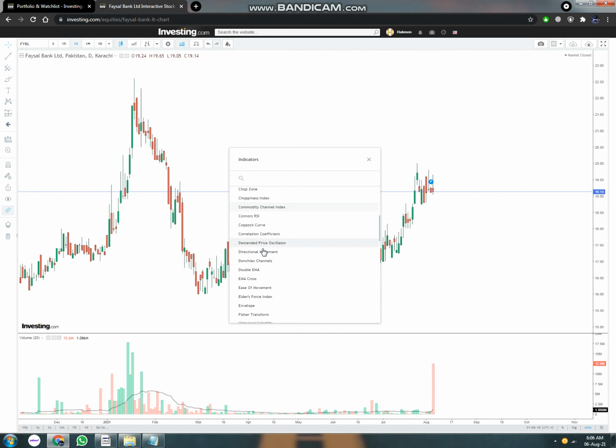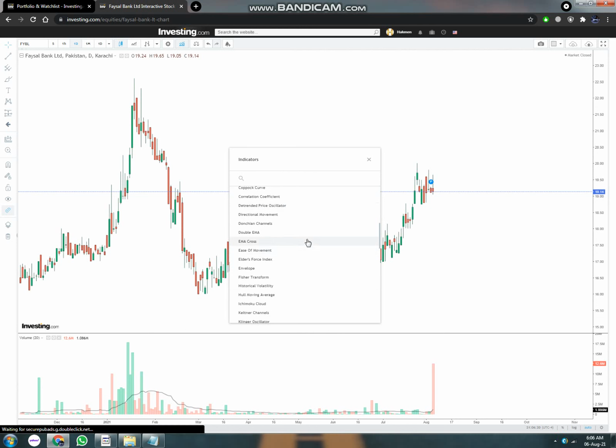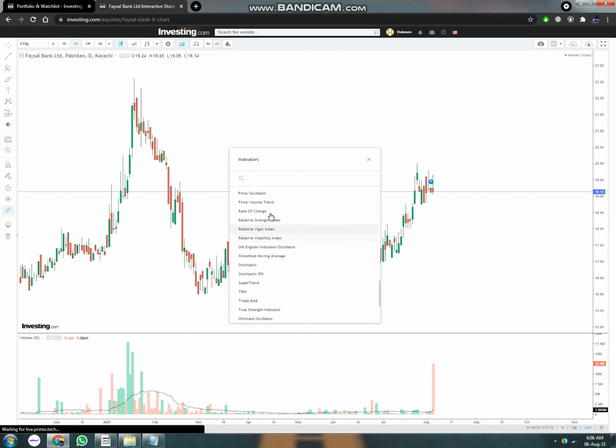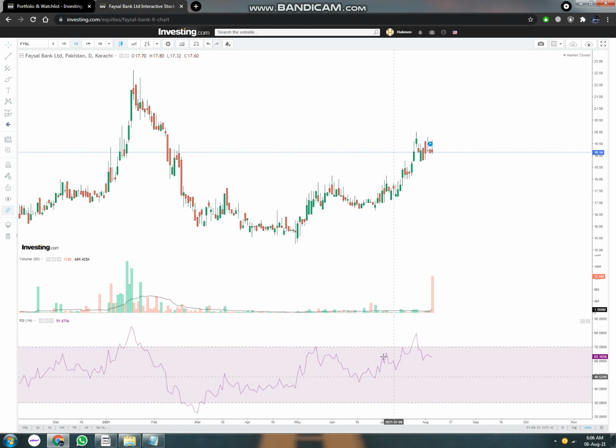So now, you guys probably understand the relative strength index, RSI. Most of the indicators work like this. There's an overbought and an oversold area. So you should buy the stock when it is at its oversold area, just like in this case,